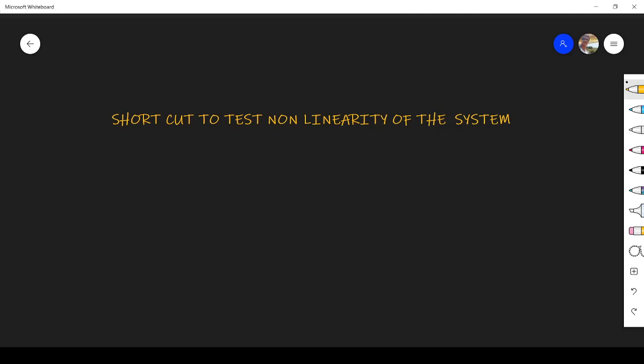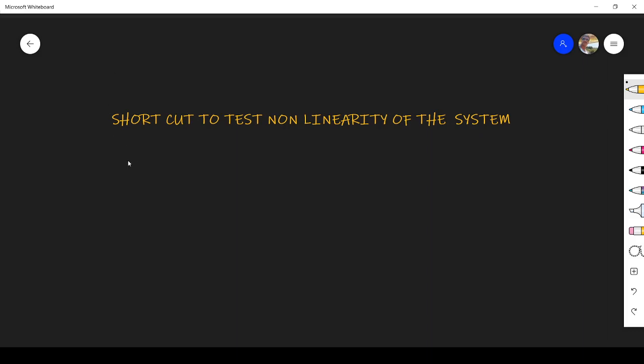Hi friends, in this class we will see some of the shortcut techniques to test whether a particular system is linear or non-linear. Here I am not going to give the formal procedure to solve the problem, I am going to give only the shortcut. I kindly request you to learn the basics properly, then apply the shortcut. Directly learning the shortcut will not be useful for any purpose. So my kind request is learn the basics, then learn the shortcut. Don't learn the shortcut first and the basics later, right? So let us go to the technique.